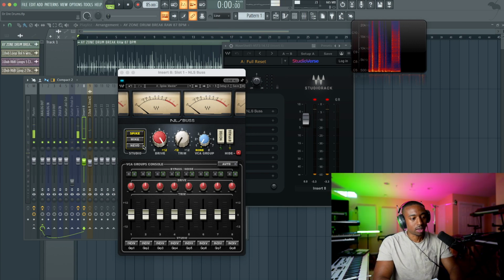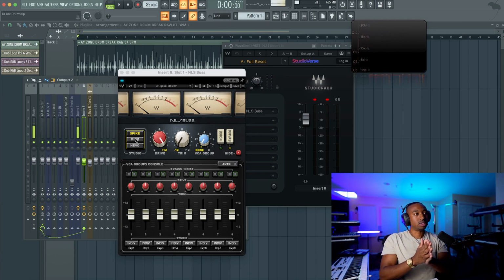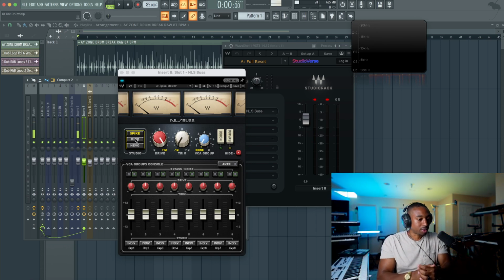So my favorites are the Nevo and the Spike one occasionally. The Mic one is good for low end if you just drive it a little bit. When you heavily drive it, it's not the tone that I would go for normally, but my favorites are Spike and Nevo. Let me know what you think about this plugin,